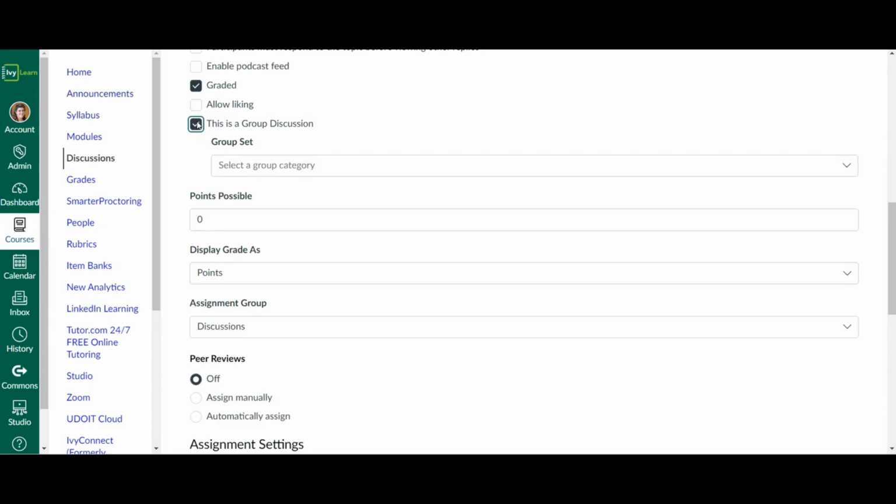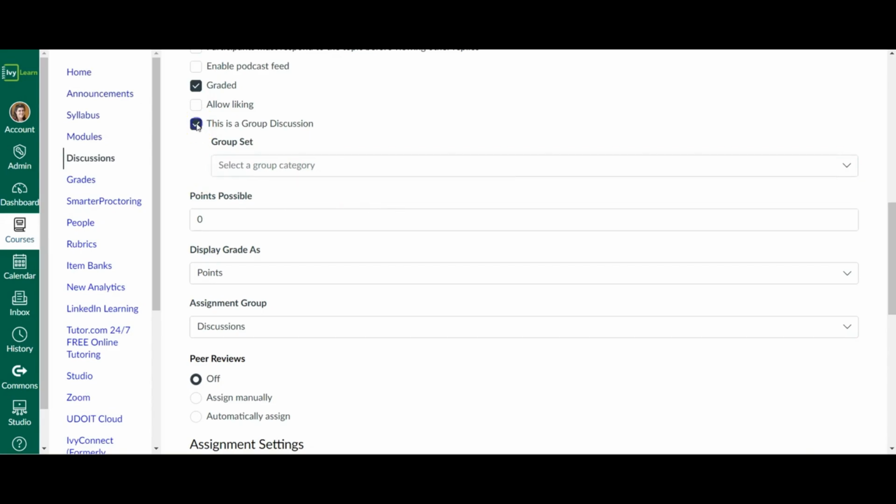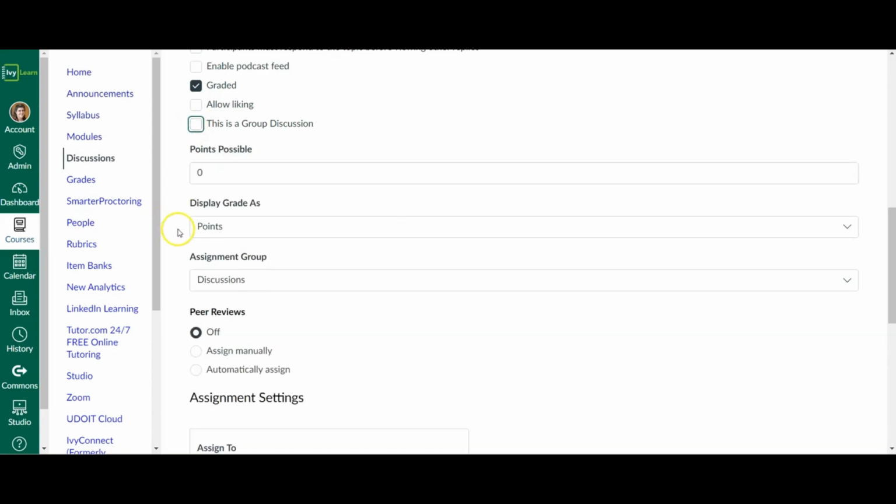For smaller focus discussions, you can create these group discussions. You can either assign students to groups from a pre-existing set or create a new set so that each group has its own private discussion space. This is ideal for promoting collaborative learning in smaller teams. So if you've got a very large, broad discussion topic or a large class that you want to split up, this could be an option for you.